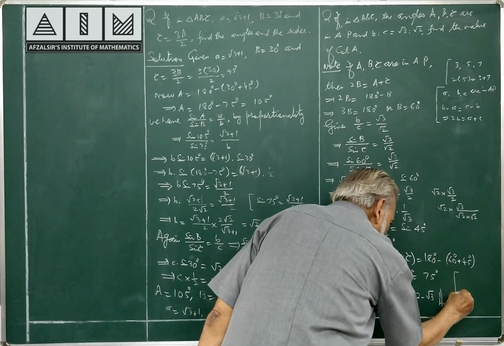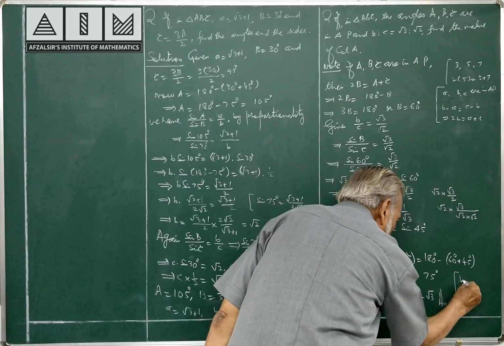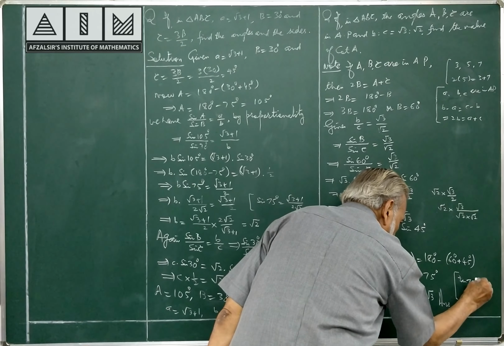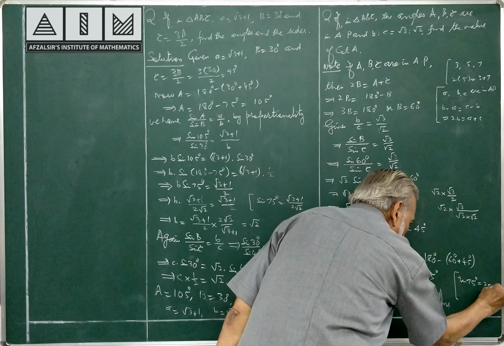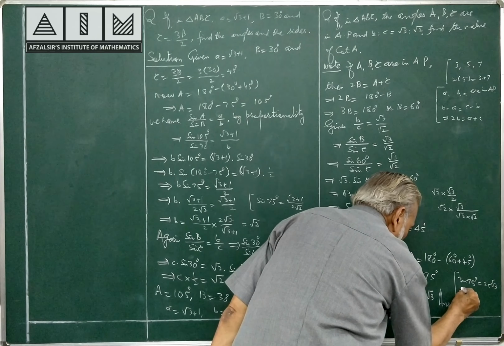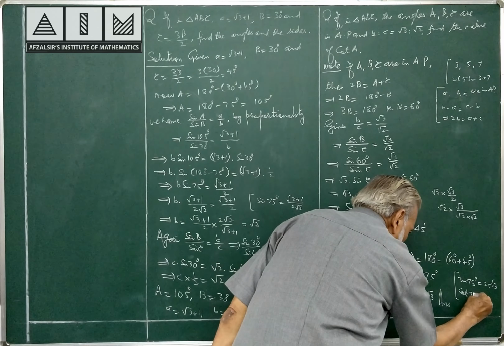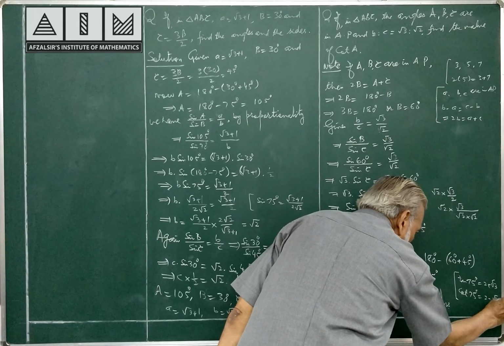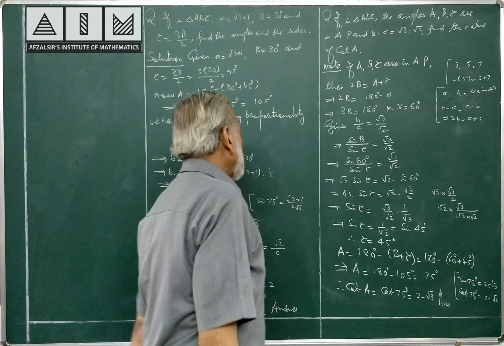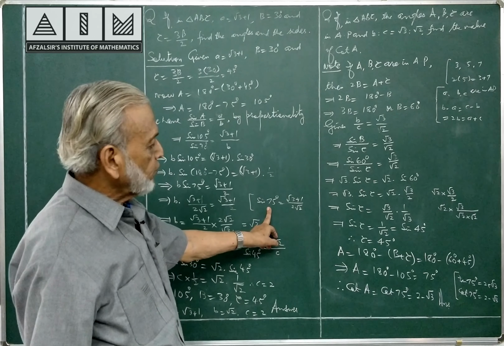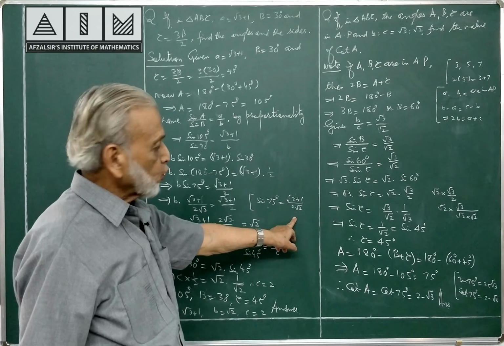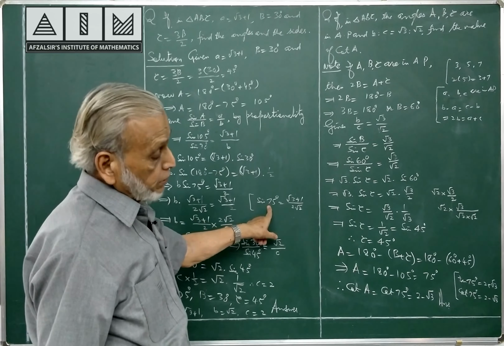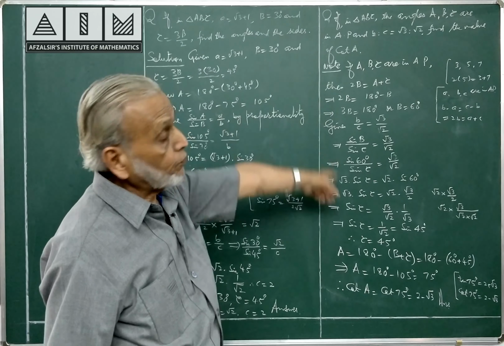Here I am writing, please see here: tan 75 is 2 plus root 3, cot 75 is 2 minus root 3. You have to remember these values. In the previous question also, sin 75 is root 3 plus 1 by 2 root 2, you have to remember this value. Here also tan 75 is 2 plus root 3 or cot 75 is 2 minus root 3, that is the answer when the value of cot A is asked.